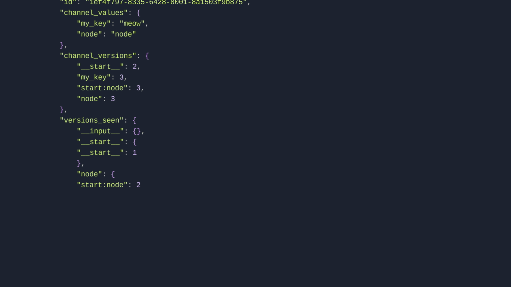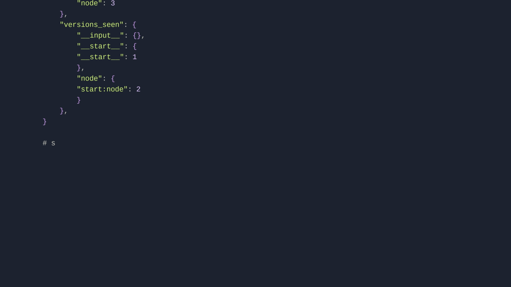checkpointer.put(write_config, checkpoint, ...). # load checkpoint. checkpointer.get(read_config). # list checkpoints. list(checkpointer.list(read_config))